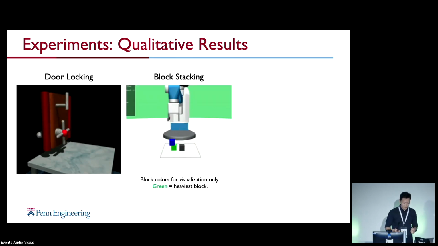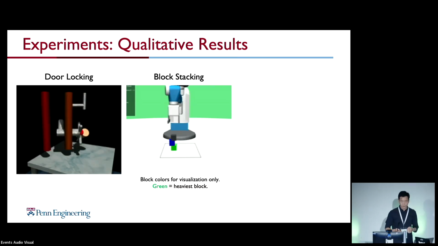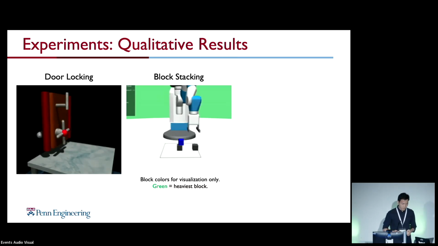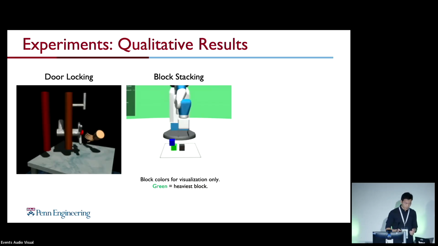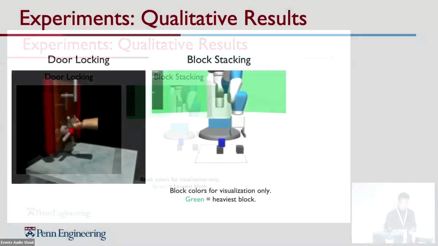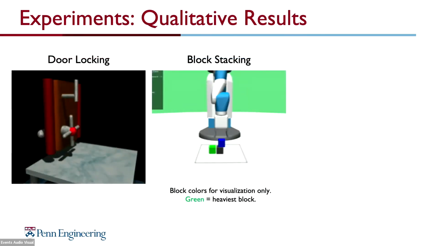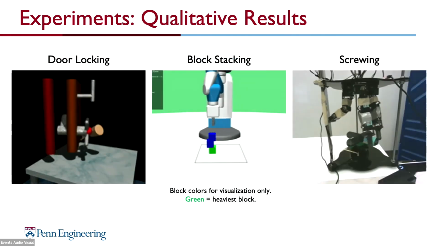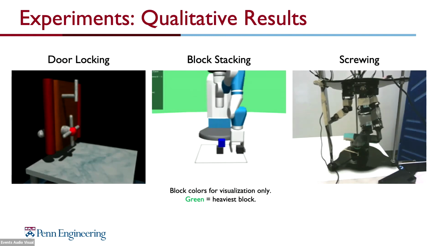In the second task, the robot must build a stable tower with blocks of different weights, but it must interact with the blocks to know their weights so that it can place the heaviest block at the bottom. Here we see that LERF learns to undo non-stable stacks once it identifies the heaviest block, which is visualized in green here. Finally, we also evaluate LERF on a real robot screwing task in which the robot cannot observe